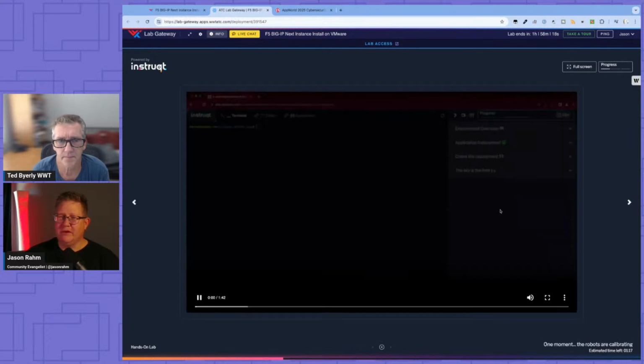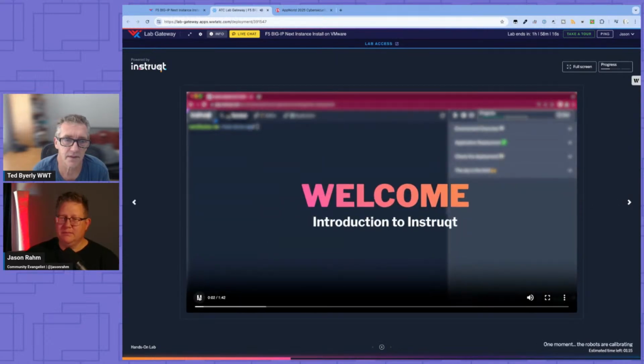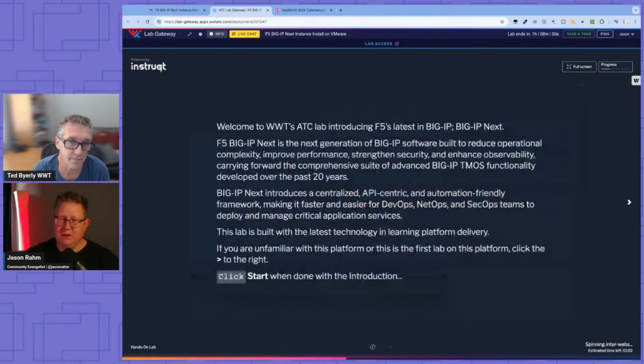I'm just going to come over here to this video. Yeah, there's a little video about how the platform works, the navigation of the platform, right? So that is a video on the platform itself, not on Big IP. Yep, the platform itself, just to give you an overview of the navigation, and the installing Central Manager. They're both there.